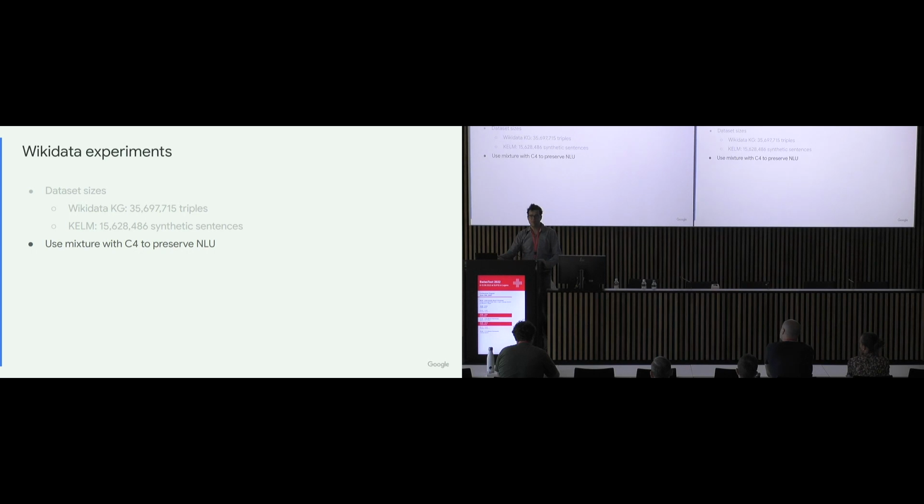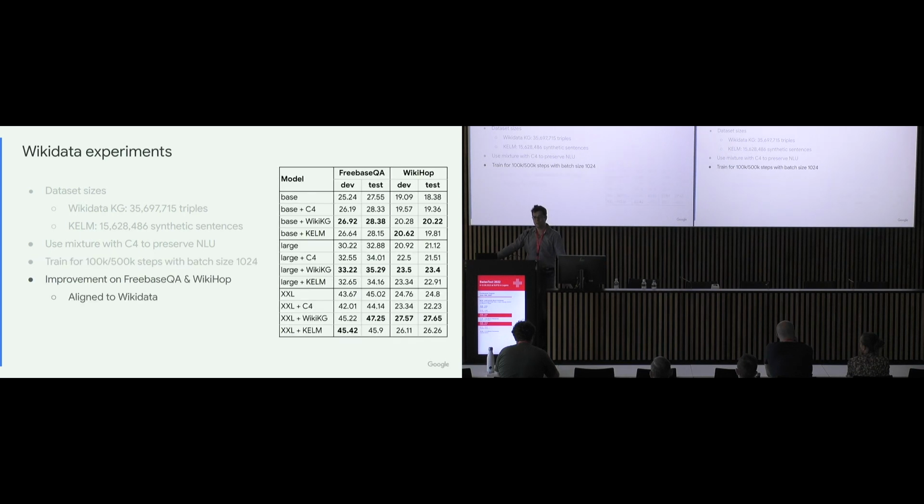But by mixing this structured knowledge with the original pre-training, we ensure that it keeps remembering what it had been pre-trained for to begin with. So we do a number of training steps between 100,000 to 500,000,